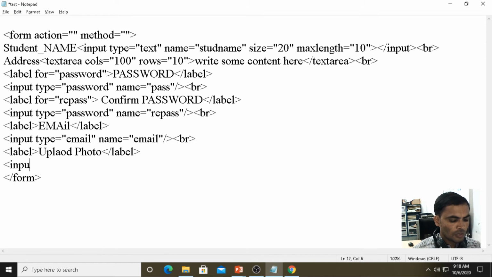Then input type equals to file. Then name equals to any name, student photo, or you can give your own name for student photo.